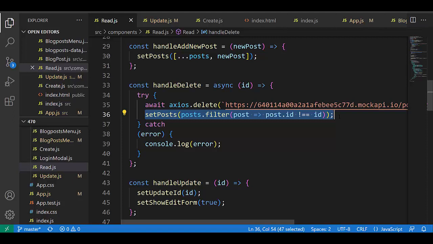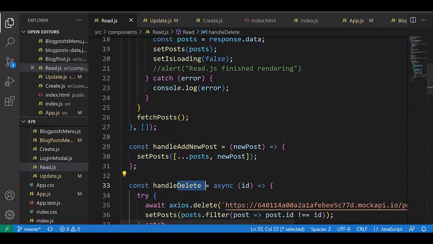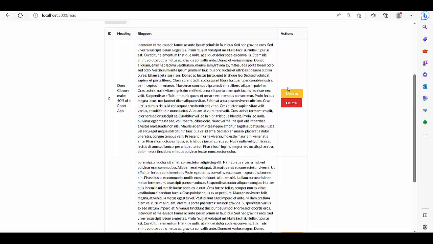Now I learned from artificial intelligence, and I will use in the future and in this video the term immutable update. Immutable update means don't touch the original. Here it is for delete. We have update, delete, and only here create. Create is